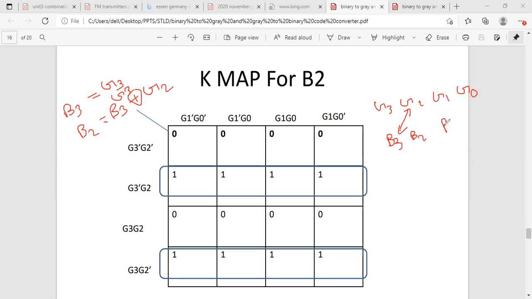And then you have to write B1. How can you obtain B1? B2 XOR G1. B2 means B3 XOR G2, so you have to substitute those values. And then you have to write B0. Clearly you may observe these are the expressions you may obtain from this K-map.